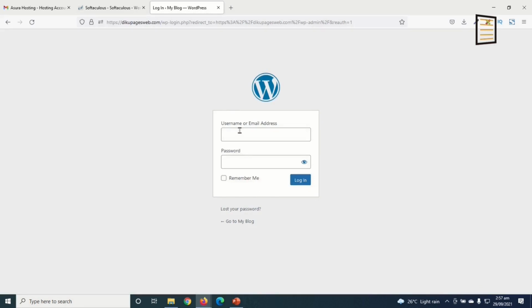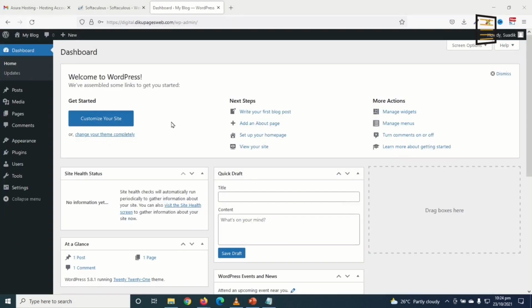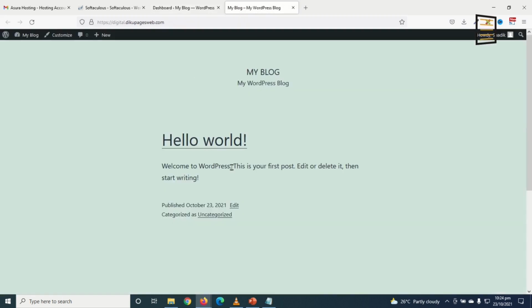So in here I enter my username and the password, that is the username and password I've just chosen when I was installing WordPress. Enter, and this brings us to the back end of our WordPress website. So if I right click on the name of my website, open link in a new tab, it will take me to the front end of my website. And currently I'm seeing this bar because I've logged into my website. So users who are not logged into my website will not be able to see this.